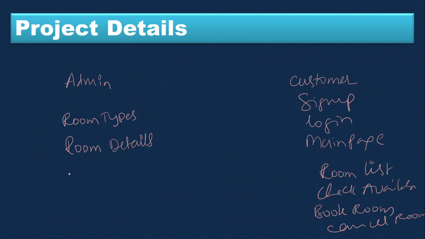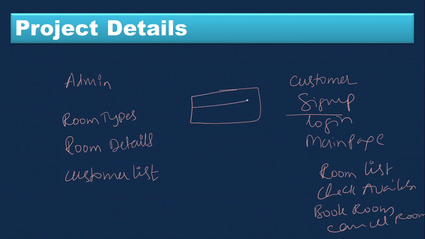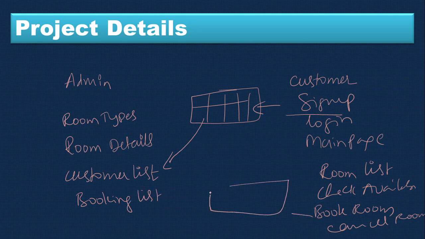So now we have a customer list, because those who sign up, that is the customer list. When you sign up, the data will be sent to the corresponding table, so this is the customer table. Data will go there, and from here we can retrieve and show it in the customer list. Then the booking list. When the customer books the room, there is a table called the book room table. Here is the room number, date, and all other details. From this you need to generate the list.